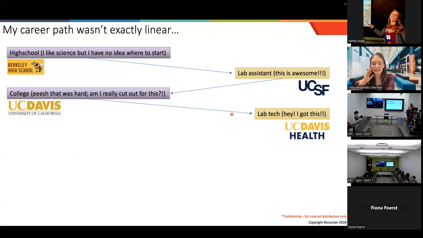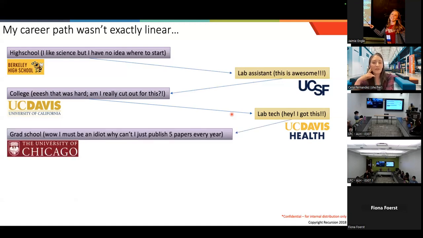I zeroed in on cell biology of Alzheimer's disease. That seems interesting. I did a literature search for people that were working on different things. I was kind of interested in this amyloid hypothesis and beta secretase. And so I found the lab of Gopal Thinakaran at the University of Chicago.